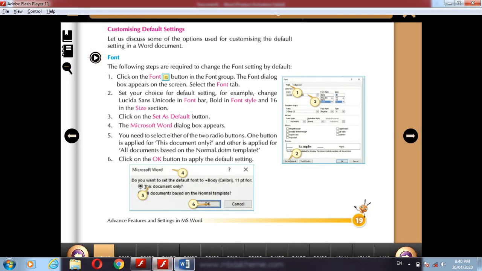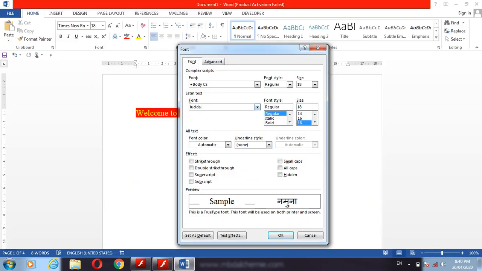Lucida Sans Unicode. Then font style in bold, and here 18 or 16, whatever it may be, you have to choose.